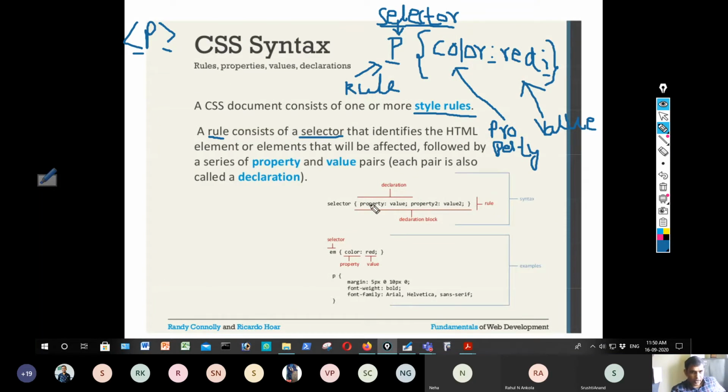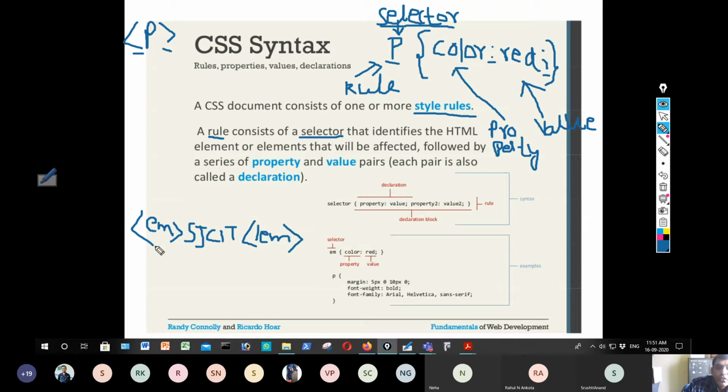This is the declaration, the property value pair, and there is a selector. An example is given here, something like EM color red. EM stands for the emphasis tag. For example, I may use the emphasis tag and give something like SJCAD, and then I close this emphasis tag.